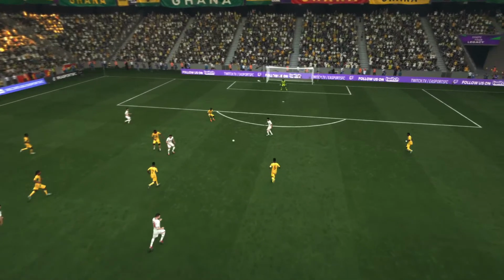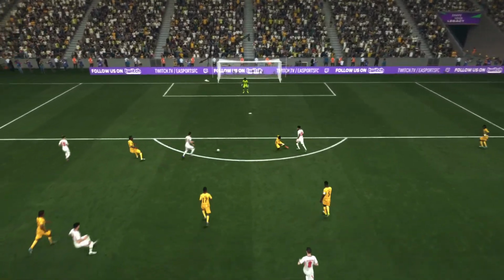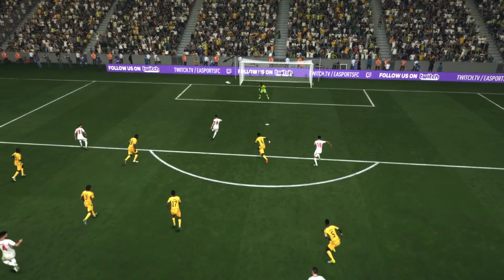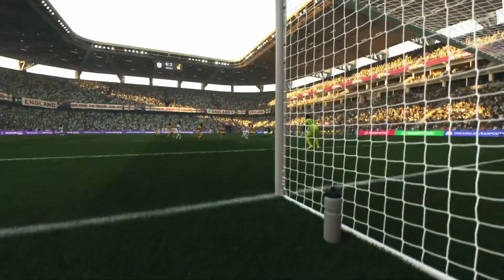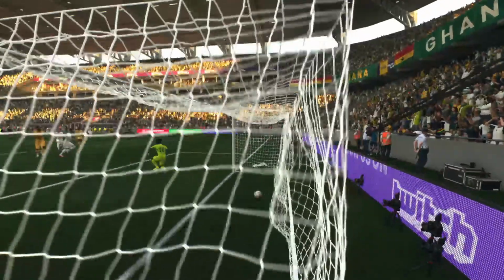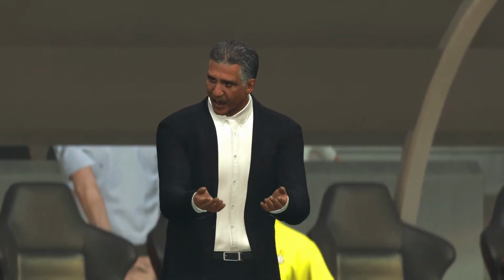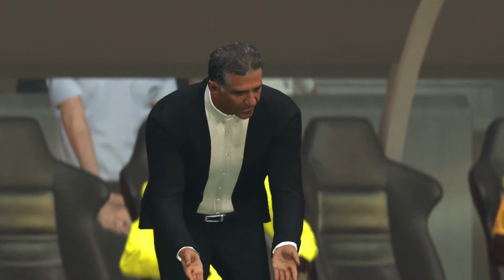Well, have a look at this. They link up so well, don't they? The 1-2 just confuses the defenders. And as soon as Harry Kane's through on goal, you know there's only one outcome. Gets his head over the ball, makes good contact, and a keeper can't do anything really.